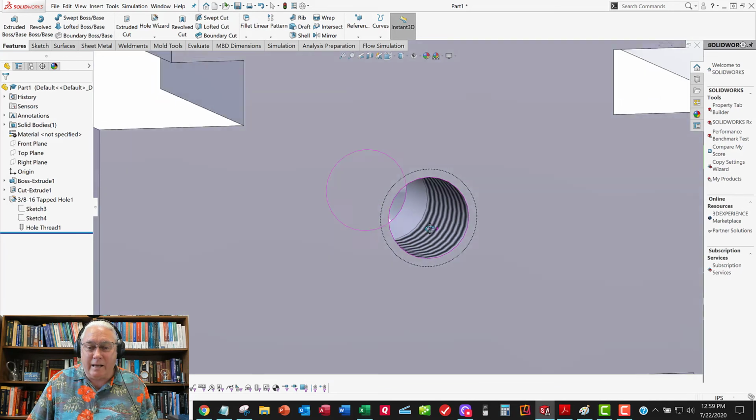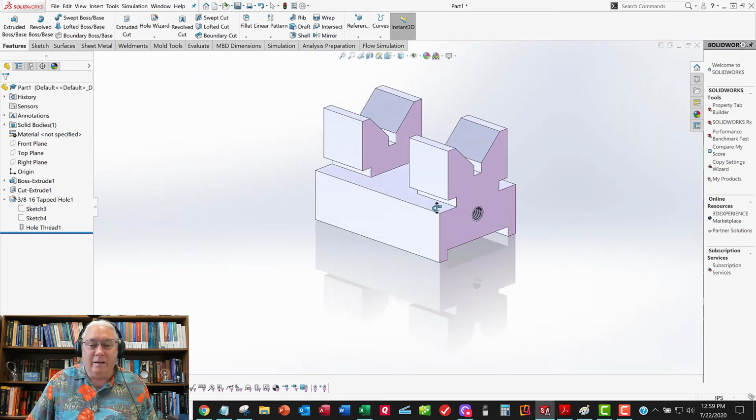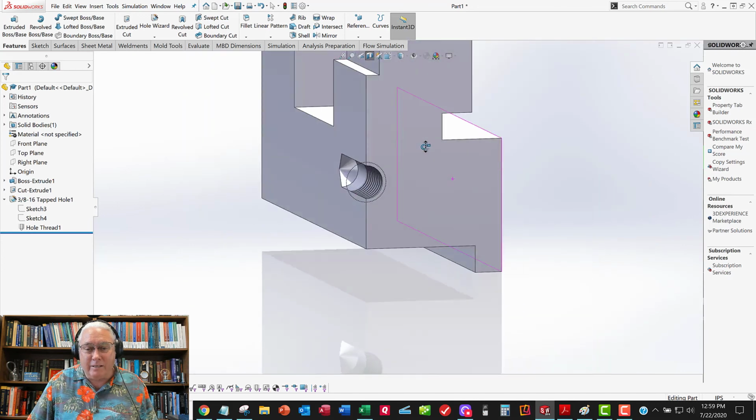And it makes it look like a tapped hole, which is pretty cool. So now that's good. I can take a look at the inside and see what this thing looks like. I'm going to grab the front plane. And here's a little section view up here. And you can click that and say, okay. And you can kind of look through the middle of this thing temporarily and say, yeah, that looks like my